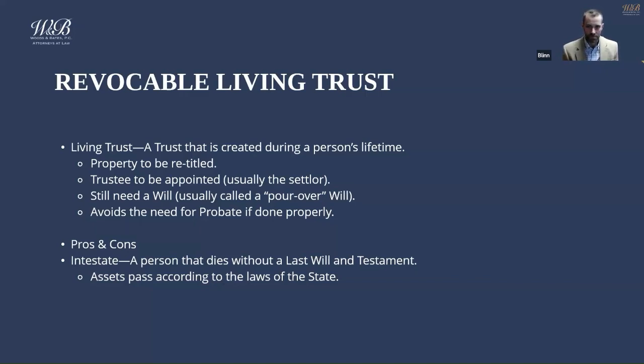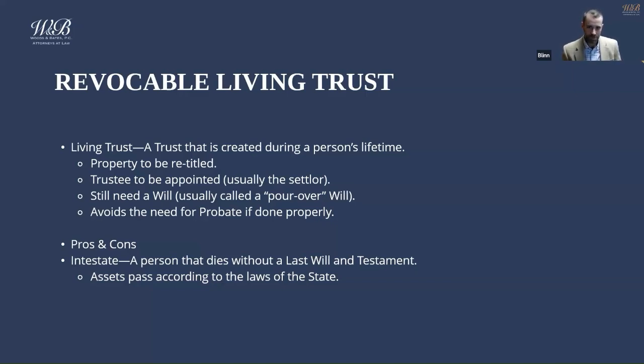And what we're going to do is retitle the assets that the person creating the trust owns individually into the name of that trust moving forward, so that the trust then owns those assets. The trust document is going to appoint a trustee. Most of the time that trustee is the person creating the trust. It doesn't have to be, but then we're also going to nominate some successors to that person. So if that particular trustee can't act, there are people that can step in and do the management of the trust